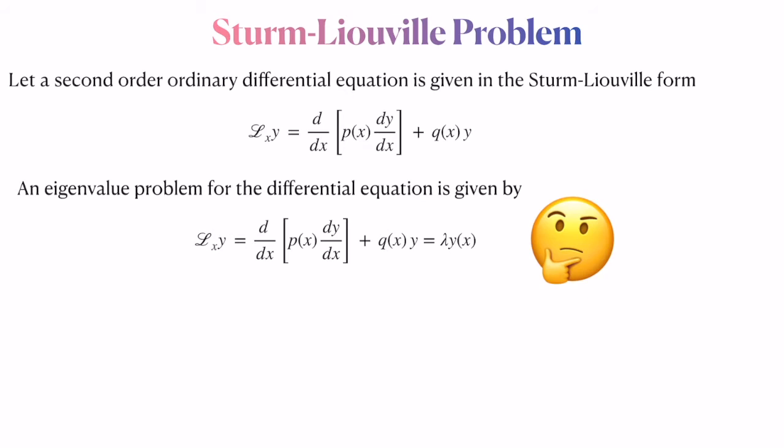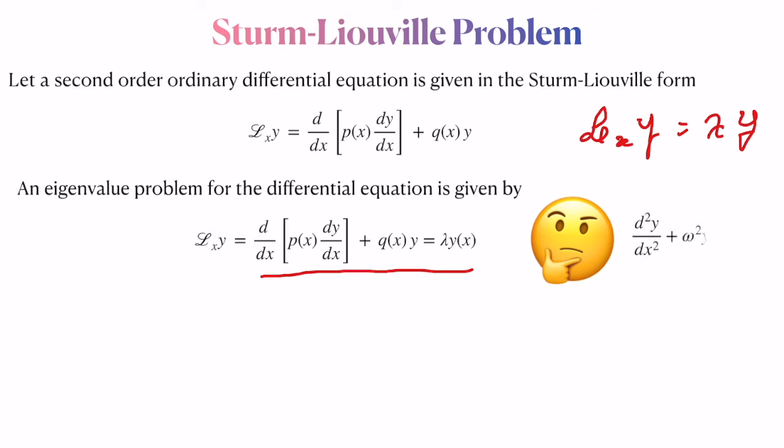In this case, we are actually looking at the eigenvalue problem of this differential operator. That means that when L_x is operating on y, it gives us lambda times y itself. That is the standard definition of the eigenvalue problem, where you have an operator L_x of y that would give you simply lambda times y, where y is an eigenfunction and lambda is an eigenvalue. So we have explicitly given the form of differential equation which satisfies the eigenvalue problem.